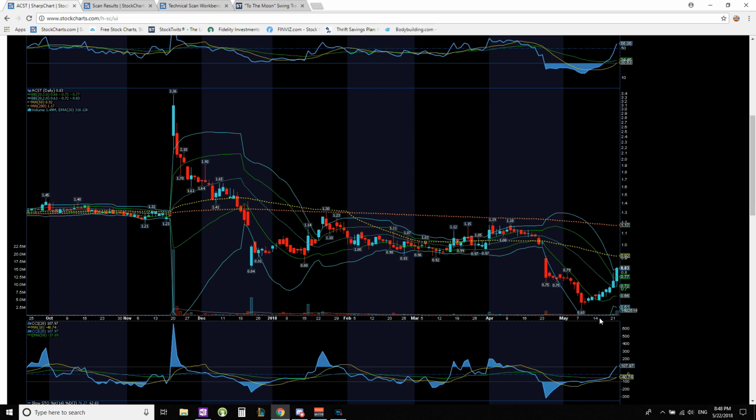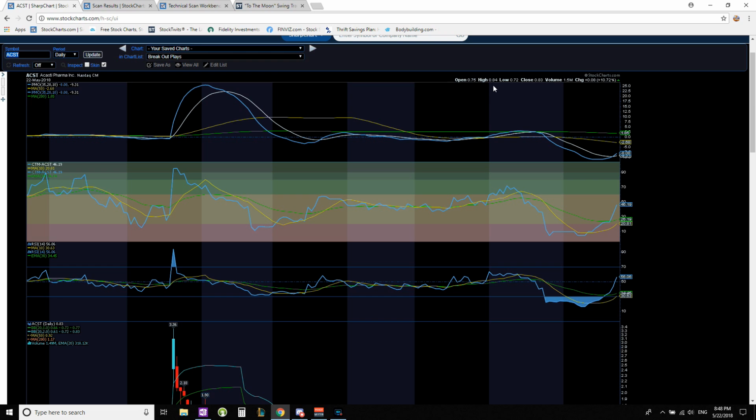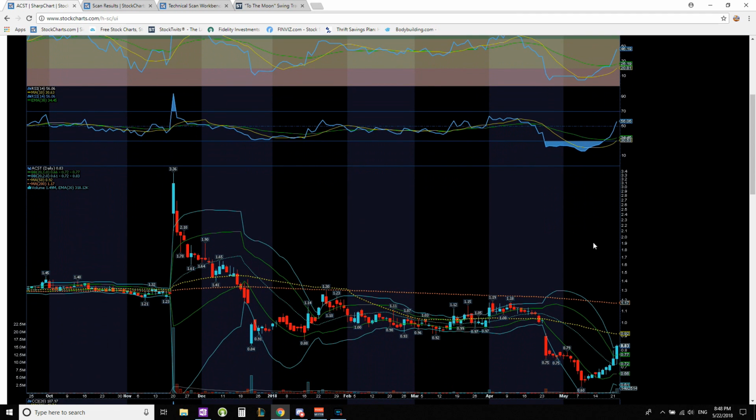The volume for the most part was below average, right around that 300 to 400,000 range, and then you get this nice climb in volume right here today, right around 1.49 million shares. So the bulls are definitely in control on this one. As far as the high of the day, it pushed up to 84 cents and closed right at 83. So it pretty much closed at the high of the day,